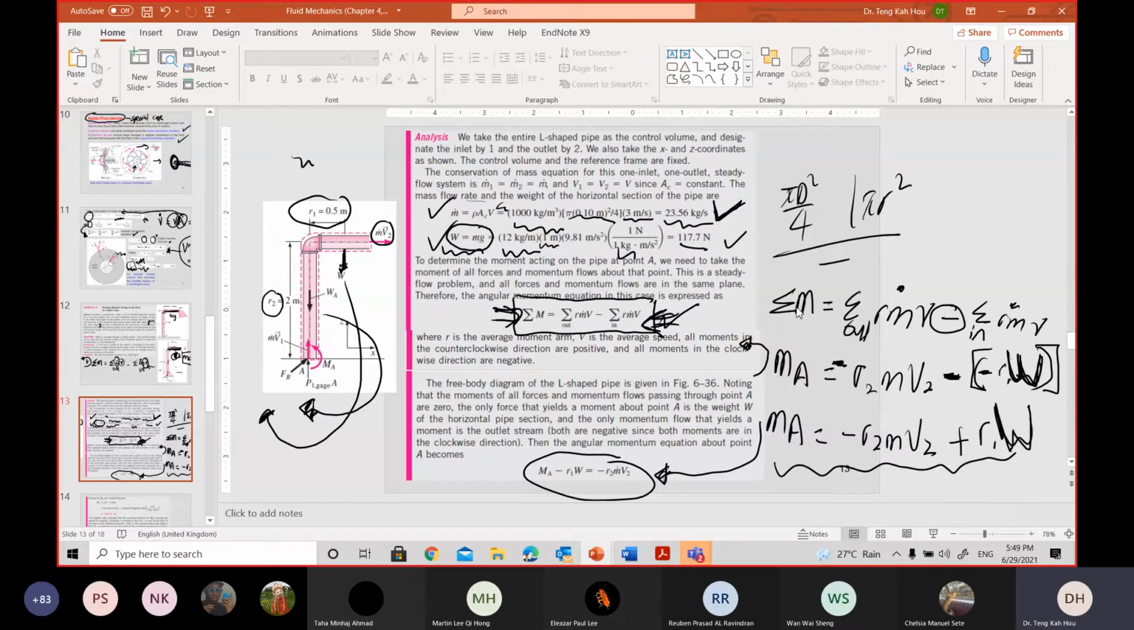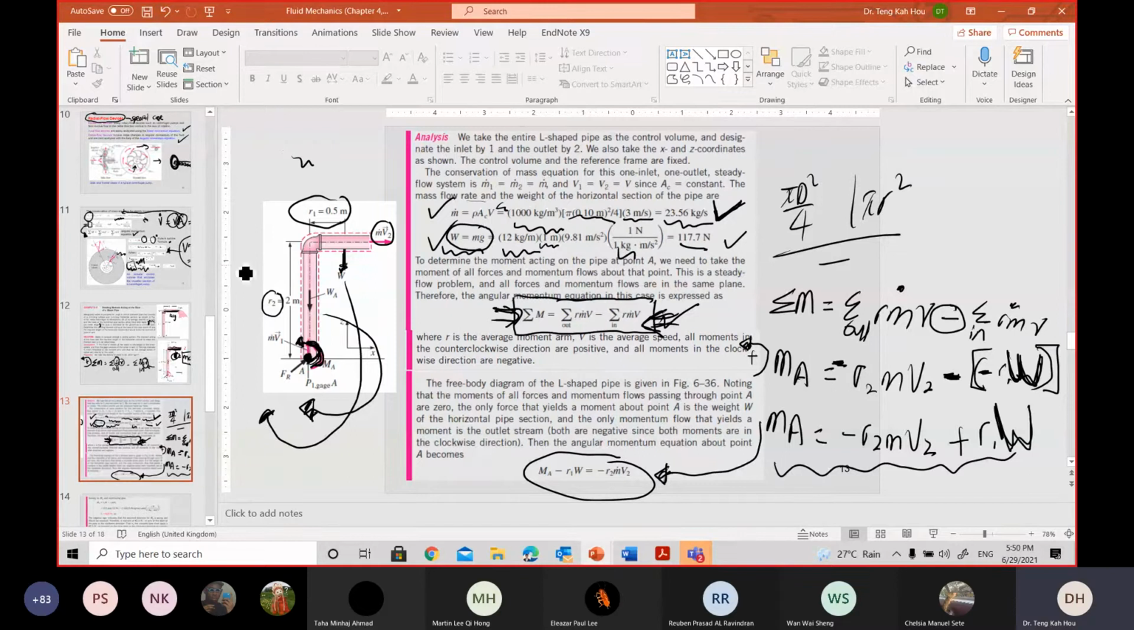I know that my summation of M, in these specific questions, they're looking for the moments at point A. And from this diagram, I know that my moment A in the anti-clockwise direction is positive because of the diagram. Of course, if you want to consider another direction, that's another story. You just need to change all these signs. So I will write my MA in this direction as positive, equal to